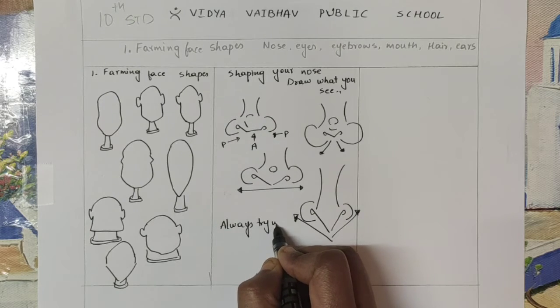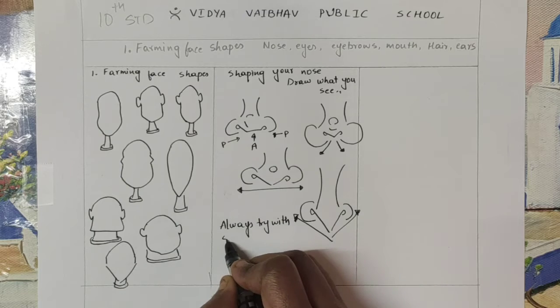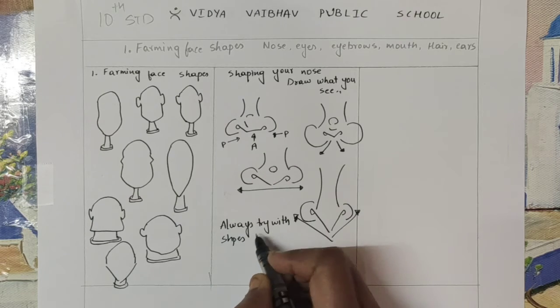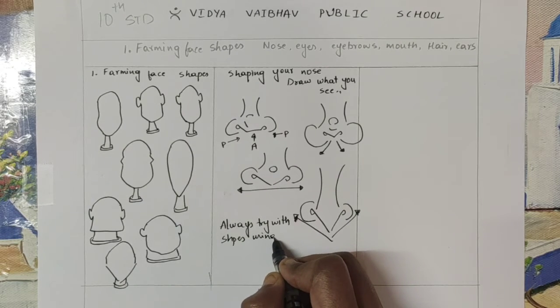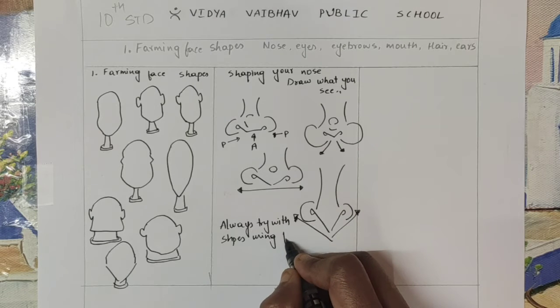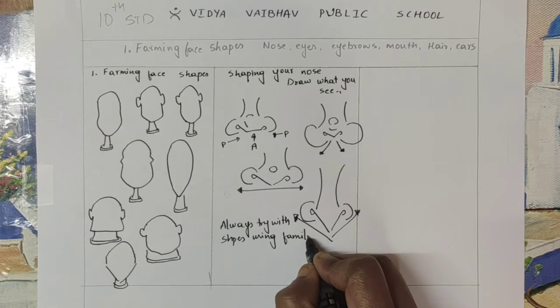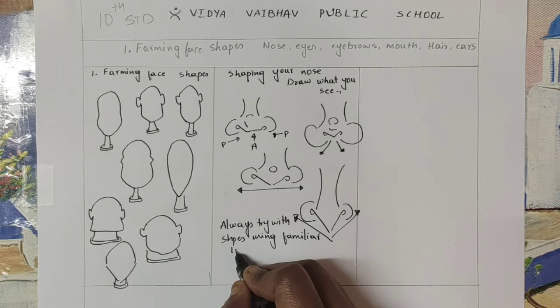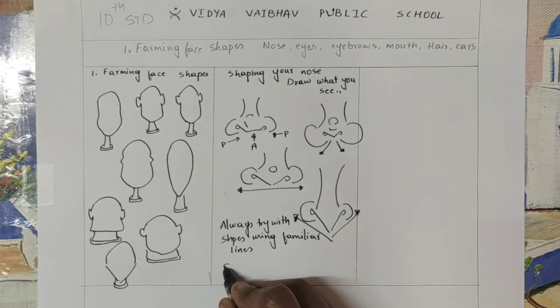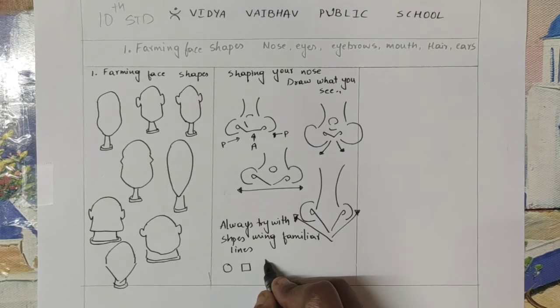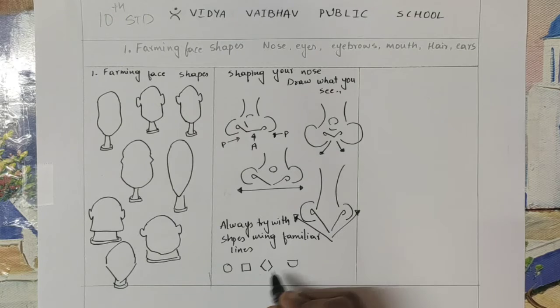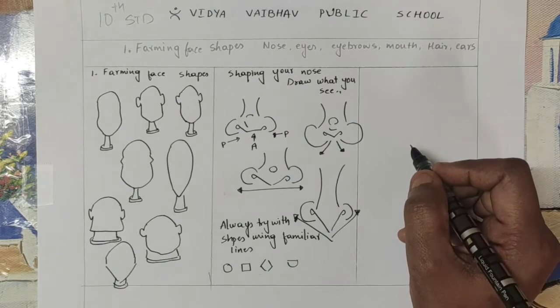So what you want to do is always try with shapes using familiar lines. Try always with the types of shapes. Okay, then we'll go for the